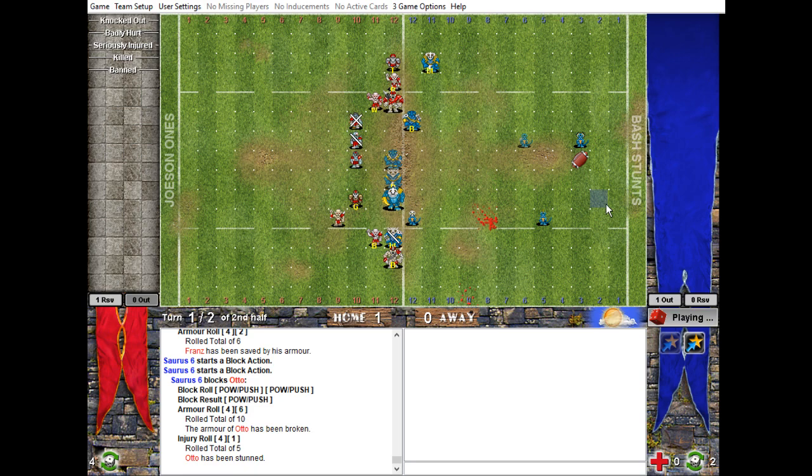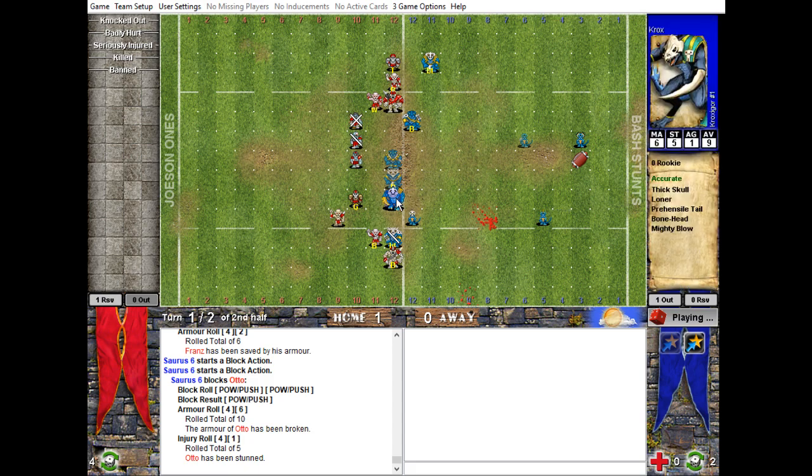So now it's decision time. Get the ball. Yeah. Who can form this cage? Well, you've got a break tackle guy, you've got 2 skinks, and you've got loads of people. So in this situation, where are you planning on caging? So what I'm thinking is,